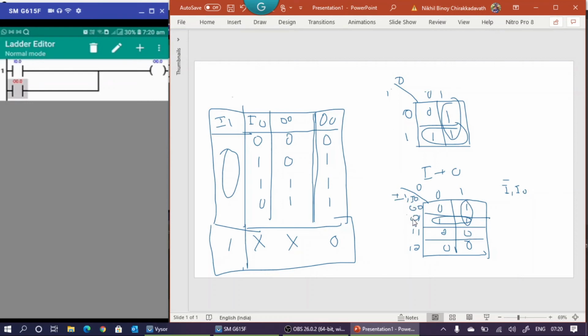Here I1 is 0, that is common. So plus I1 bar O. So here you can see that I1 bar is common. So I1 bar into I0 plus O.